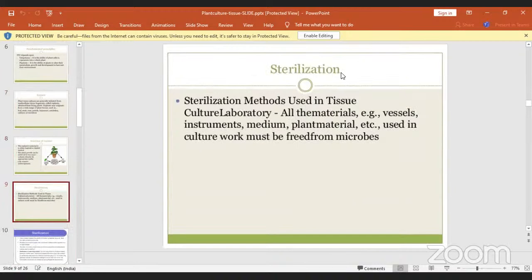Next, sterilization. So plant tissue culture, it is a method